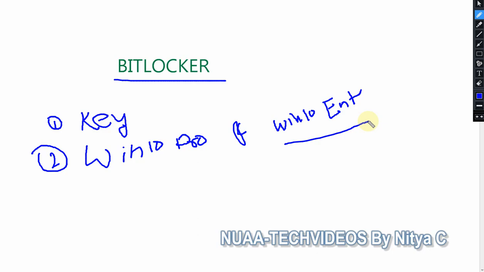If you are planning to roll it out with the help of group policies and you want to store the keys in Active Directory, then you have to do some additional settings if you have Windows 10 Professional in your environment. Whereas in Windows 10 Enterprise this is pretty straightforward, and after configuring the group policies you don't need to do anything. But in Windows 10 Pro you have to manually enable the encryption on each and every computer.